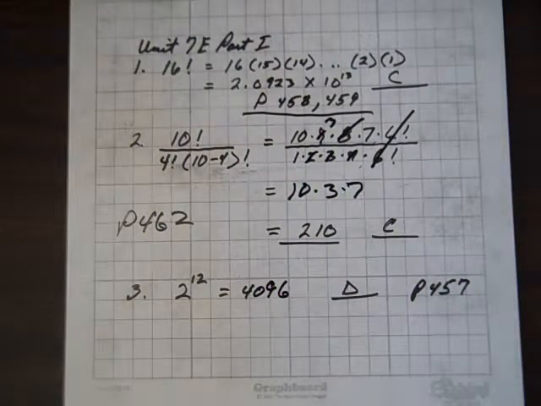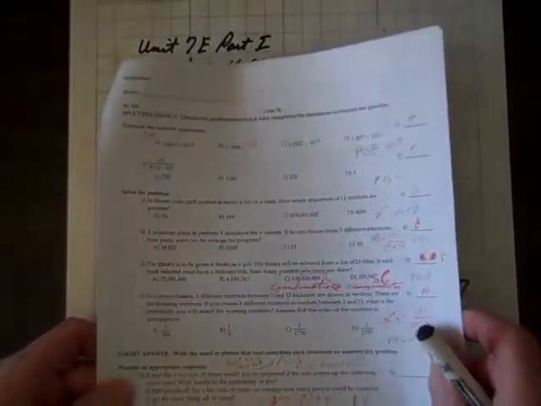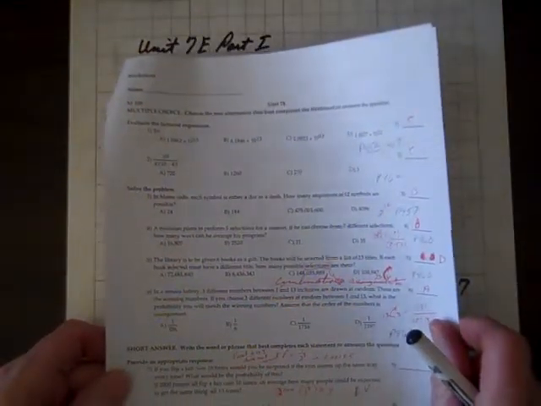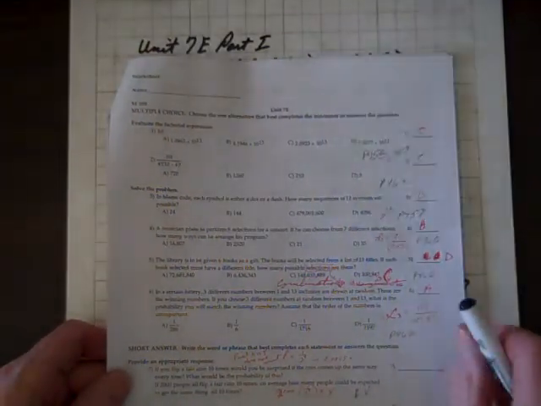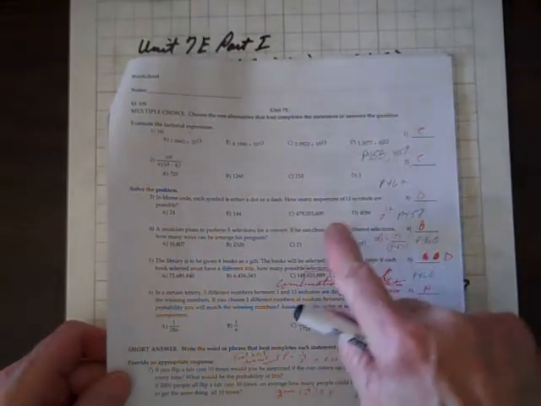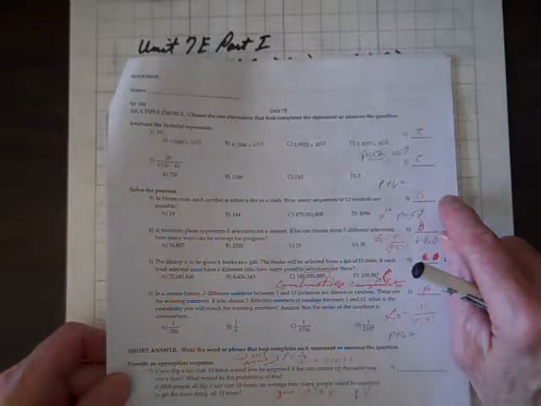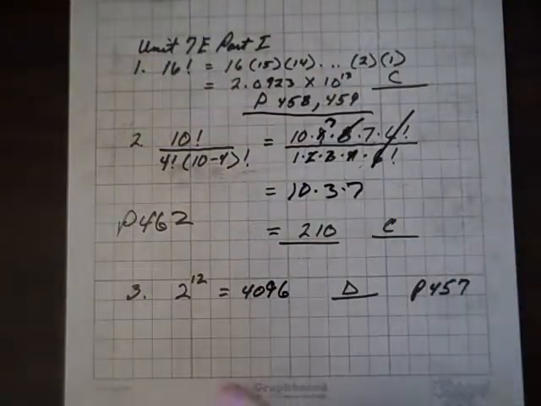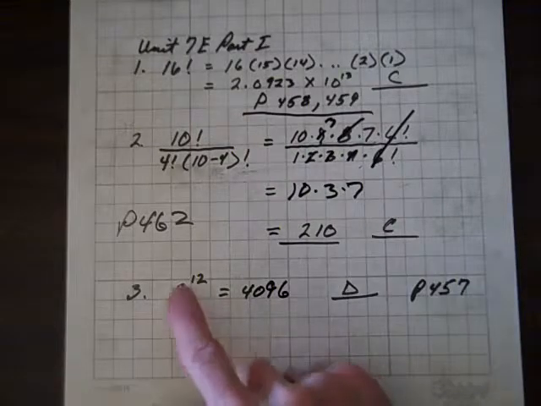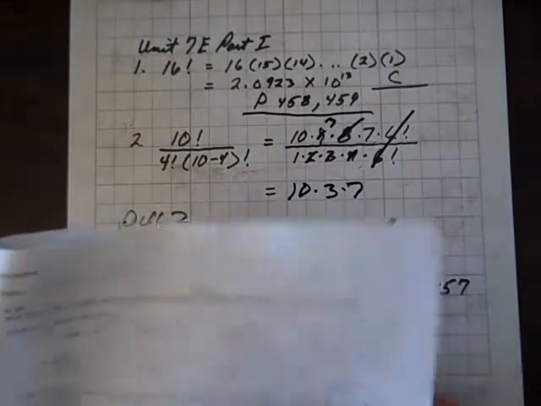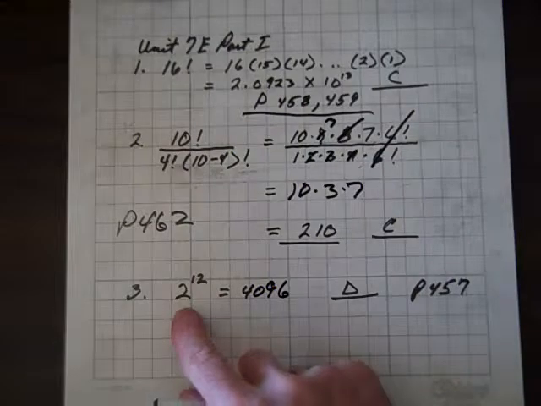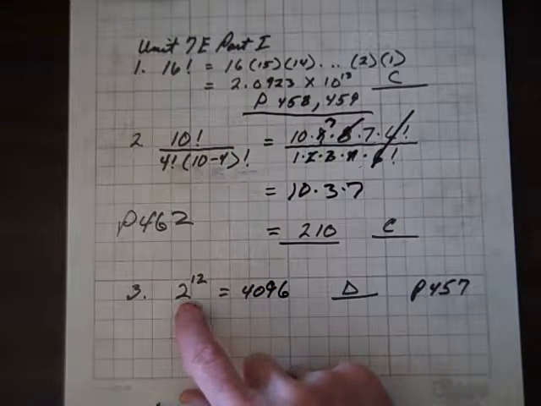Now for 3, it says a Morse code. In Morse code, each symbol is either a dot or a dash. How many sequences of 12 symbols are possible? Well, we only have two options, either a dot or a dash. So we have 2 selections, and we can pick one of 2, and we're going to make a